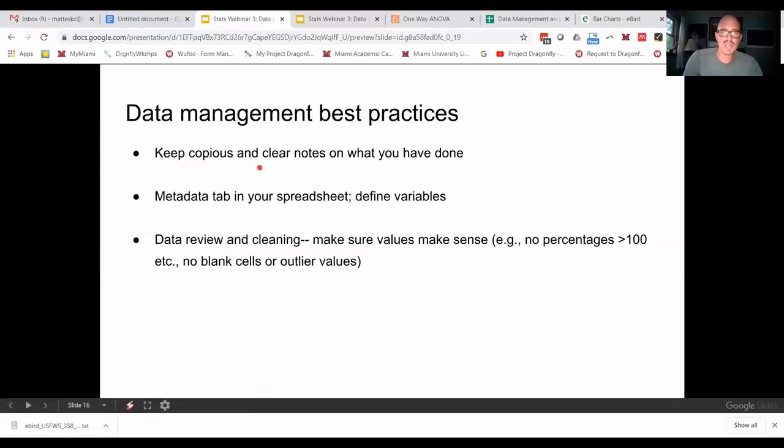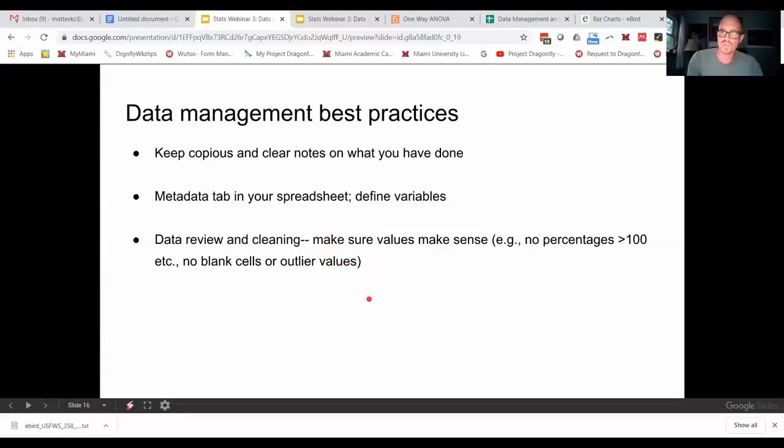When you're managing data, take notes on what you've done. If you transform the data, make a note of it. Keep a tab for metadata, which is basically your notes on what you've done in your spreadsheet and where you define the columns. Because if you're working with a collaborator and you just send them a mess of data and you haven't explained what income is, what does it mean when it just says income? Where did that data come from? So make sure you keep all those notes